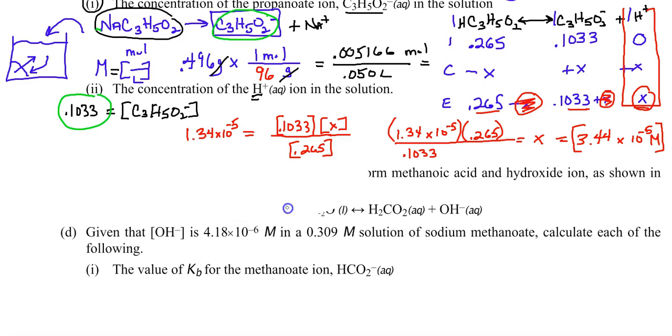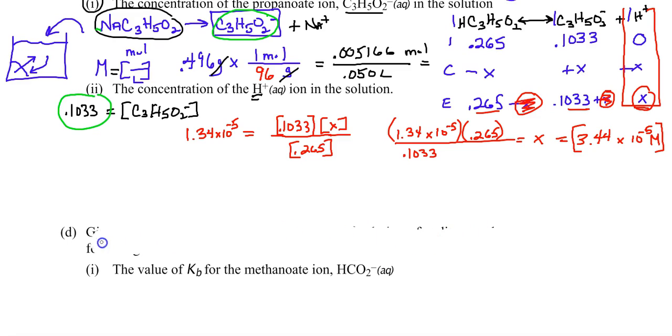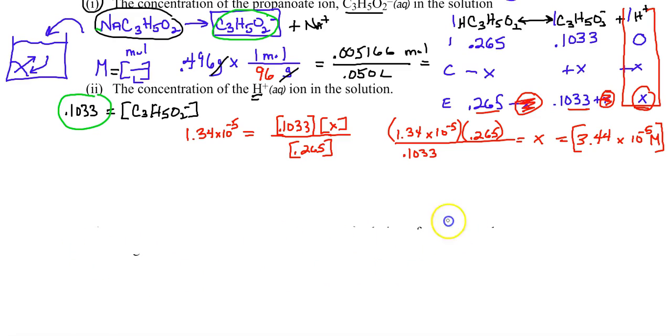Now, what's a buffer? A buffer is a scenario where we have both a conjugate acid and the conjugate base. So what I'm showing you, and making room here, is that you could have done this completely another way. Maybe you like this way, and it's nice to have different ways to do things. So what we need is the Henderson-Hasselbalch equation, which says that the pH equals the pKa